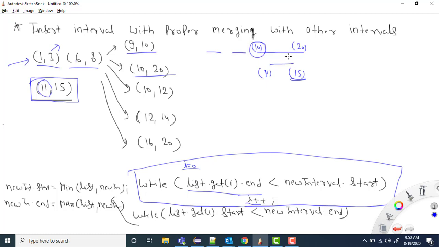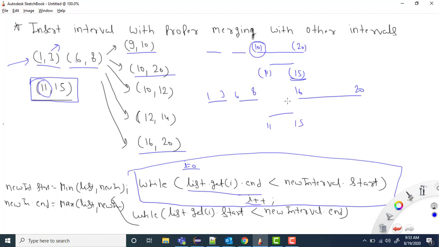Because what could happen, let's say this case, 16 to 20. So we have 1 to 3, 6 to 8, and then we have 16 to 20, right? So here we have 16, 20, here we have 6, 8, and here we have 1, 3. And let's say in between our new interval is 11 to 15, right?